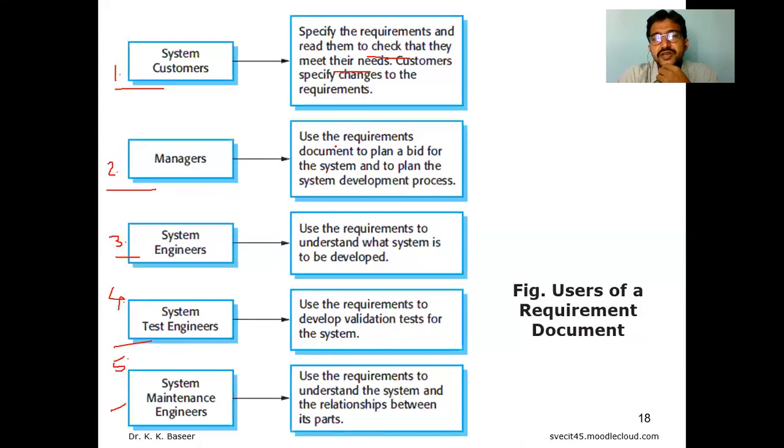The manager has to use the requirement document to plan a bid. To plan a bid, in the sense, who will give the best solution for bidding is some type of auction. So this is for the system and to plan the system development process. Bid, in the sense, it requires a plan for how much time is required to complete the project, how many people are required, what sort of staff is required, what the expected cost is, what back end and front end we require, what middleware we are considering, any system requirement, hardware requirement, configuration. Every sort of plan has to be done in the bid,